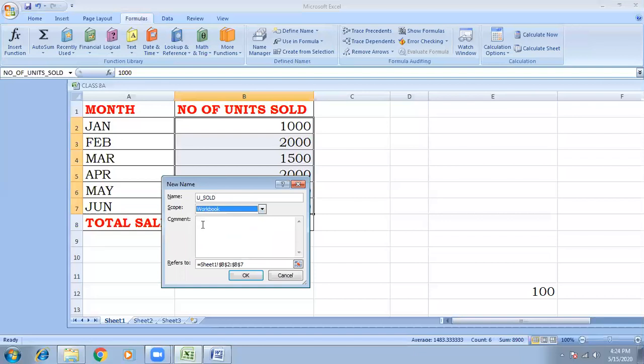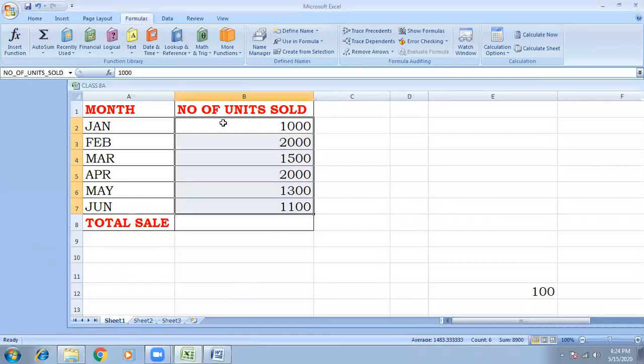If you want any comments, you can write them, otherwise you can ignore them and press OK. This particular range now has a name. This new name is u underscore sold. In place of writing the range in a formula, we can write the name. The same range and name both do the same work.